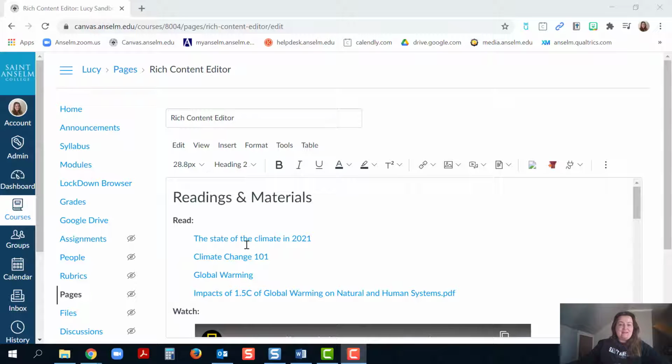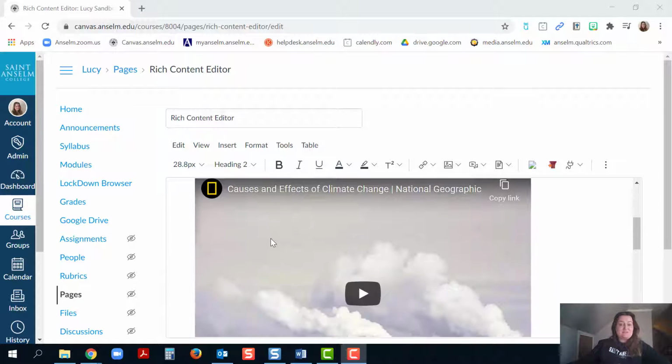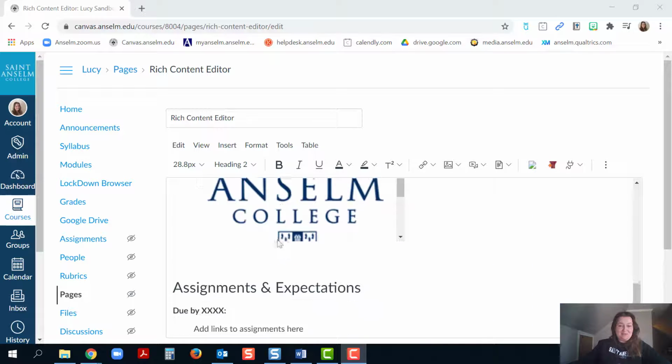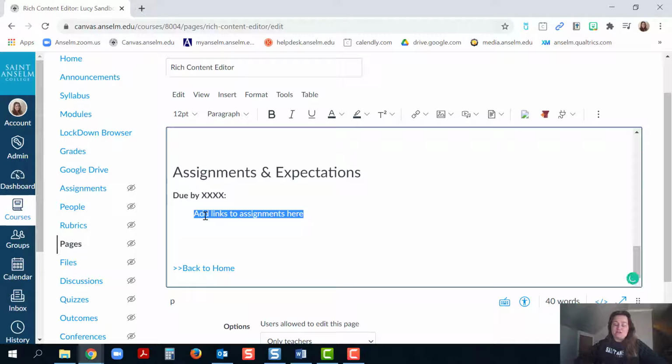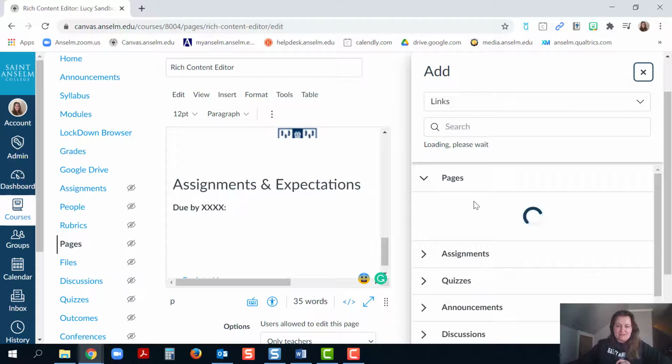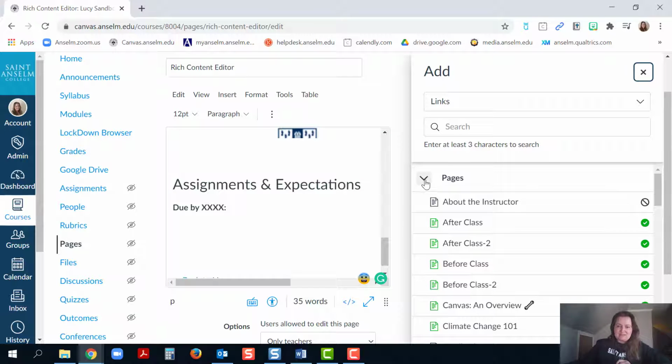So now we've added links, articles, videos, media uploads. Let's go ahead and link to an internal link. So I'm just going to delete this text here, go to this drop-down arrow next to the hyperlink and do course links. And then I'm going to select the assignment